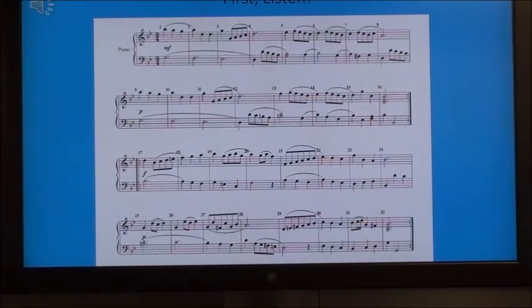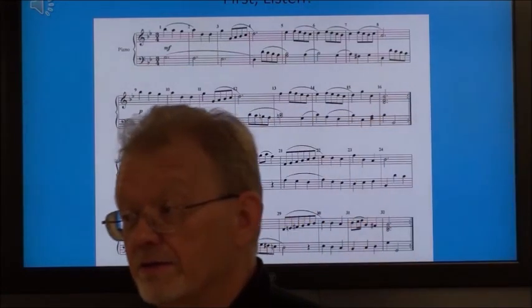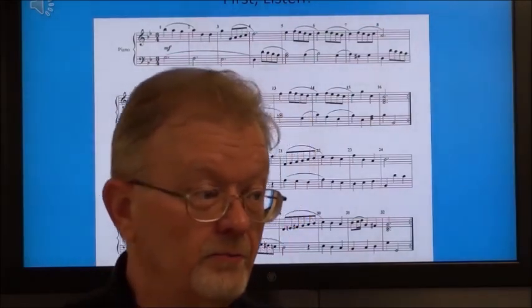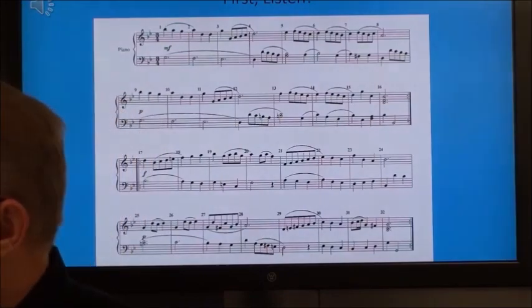Bar 16 is a B flat major chord. So it starts in the tonic and ends in the relative major. So the first part moves from 1 to 3.